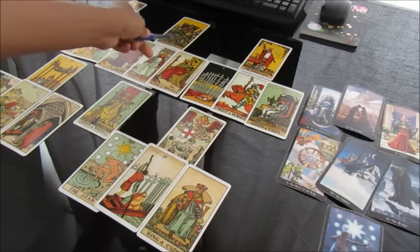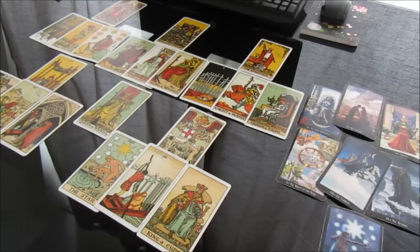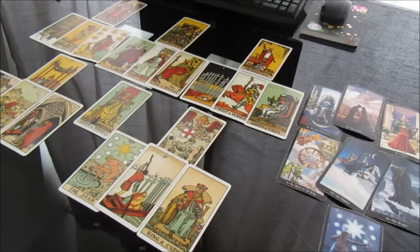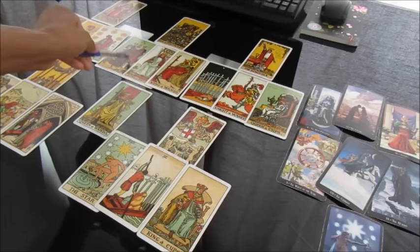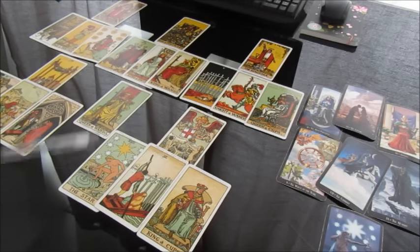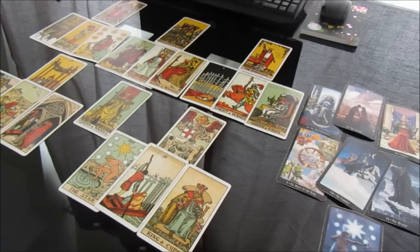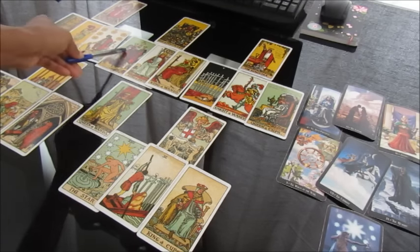So if financially you are quite affluent, or you're feeling in a really good place to make investments because you're financially stable. King of Pentacles means to be stable financially. We can see in the past there's been celebration around this. Probably lots of, you know, for some of you guys, who knows? It could have been anything, a lottery win. It could be that you came into an inheritance, money, and, you know, there was enjoyment around this in the